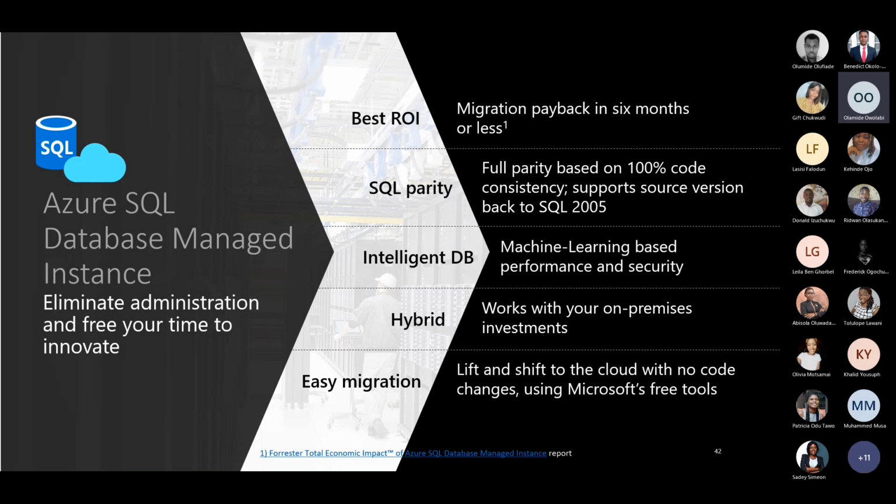You get the best return on investment and get migration payback in 6 months or less, which means free migration tools and security features before you move to the cloud space in Azure. You get SQL parity, that means full-base 100 core support, and we get support back to SQL Server 2005. So that means support for SQL Server instances, protection tools, and for those 2005 features to move to the cloud space, allowing you to update to modern times. Get access to intelligent databases. Microsoft Azure has machine learning systems and tools which will help you apply your data and innovate it in different ways.